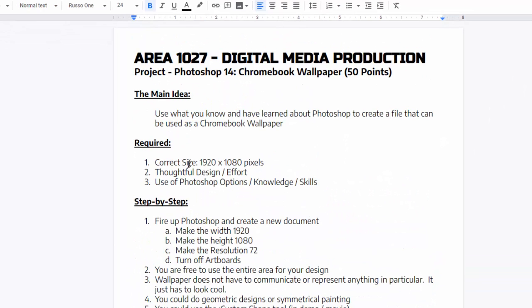The big thing here is size. If you're going to make wallpaper for a Chromebook, 1920 by 1080 works pretty well. So when you start in Photoshop, make the document that size. And I'm not looking for any certain thing. One of the big differences between a